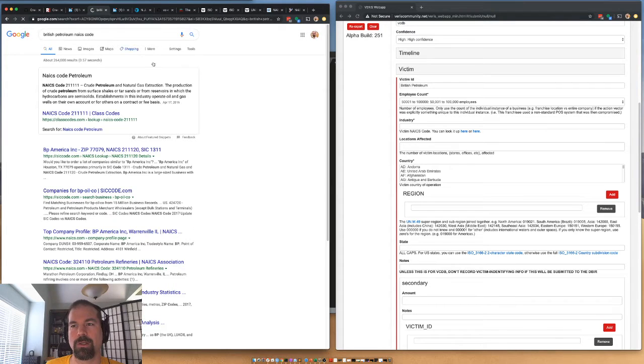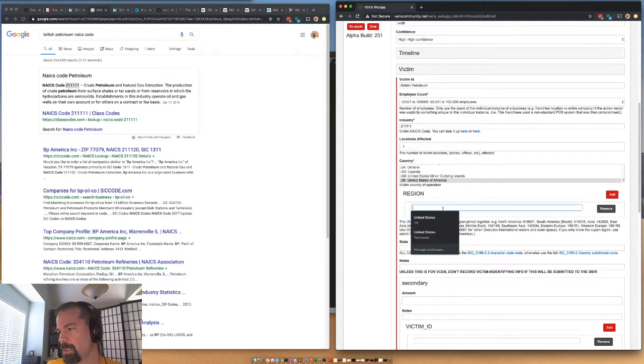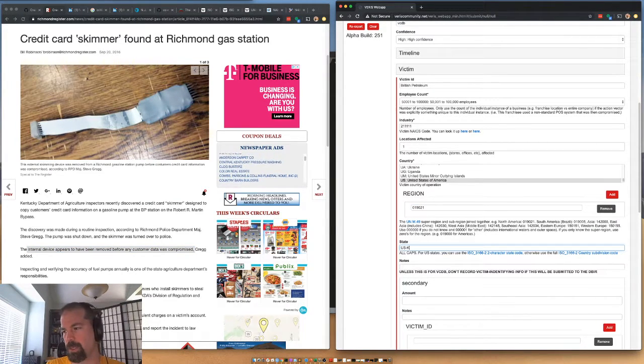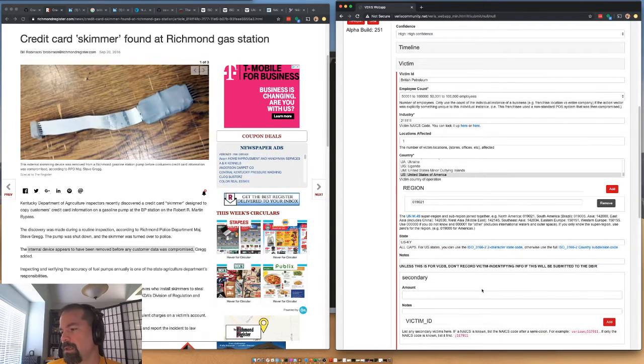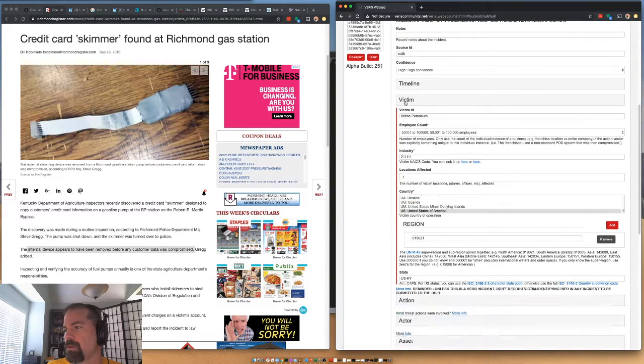There is a good NAICS code for this. Here we go. One location, United States, North America, and what state was it? It was in Kentucky. US-KY. We'll remove the data down here, and instead we'll close this up.